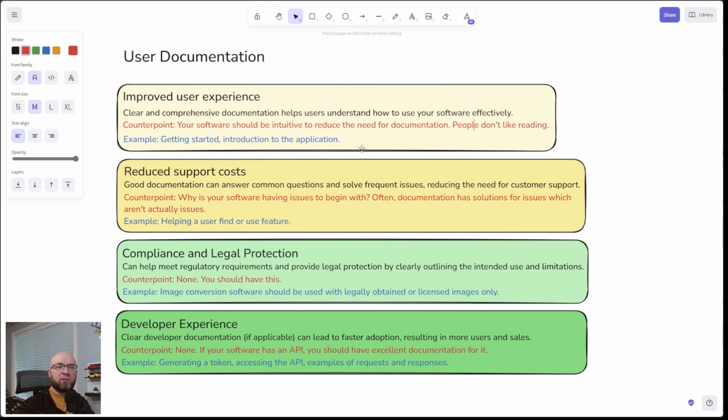An example of that is getting started or introduction to the application, like how to get started. What are the main facets of the application? Yeah, you could probably write something about that, but just to have. Now,